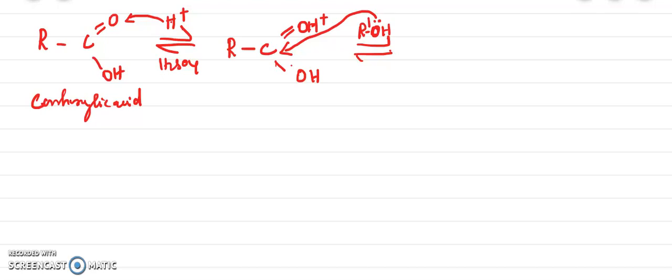Then there is a nucleophilic attack, the second thing, right? This oxygen has a lone pair here, which will move to the central carbon atom. Then the double bond, this bond will move here. So this is what happened. There is a formation of a tetrahedral intermediate compound. It is a tetrahedral intermediate compound that you will get.